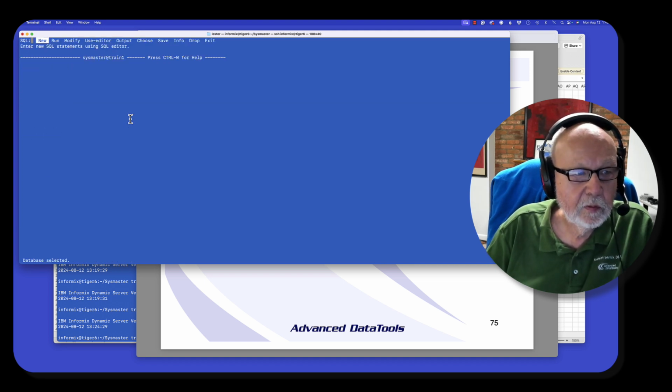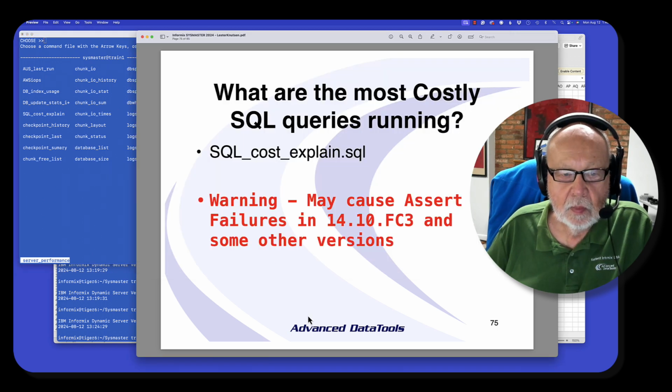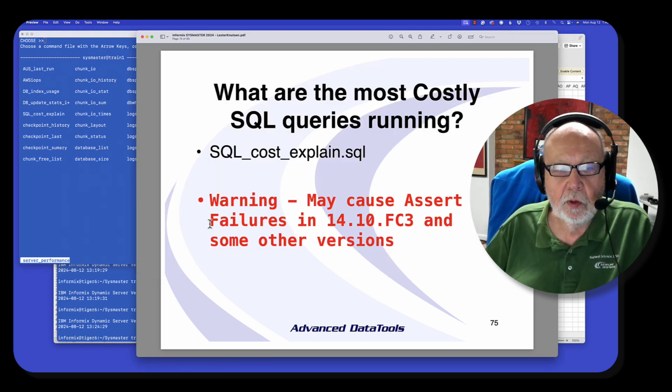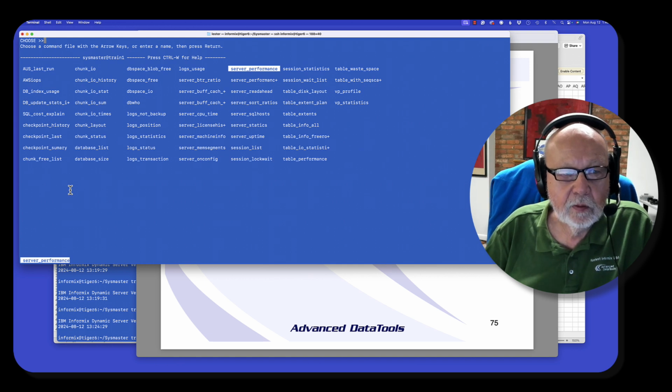But let's just take a look anyway. How do you know what's running right now and what the performance of what's running right now is? So I have a script called SQL cost explain, and what this does is take a look at the SQL